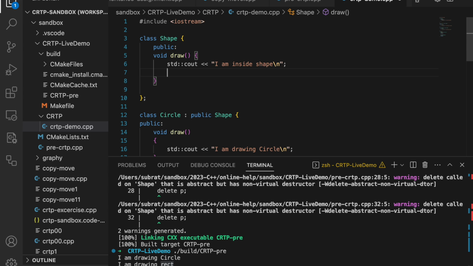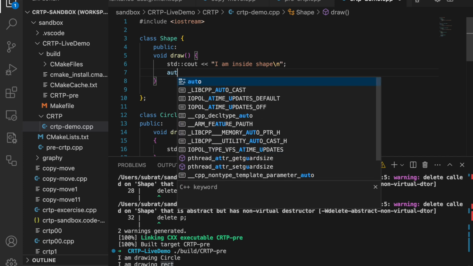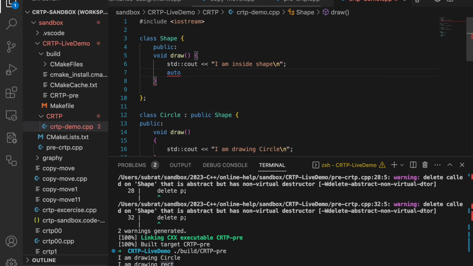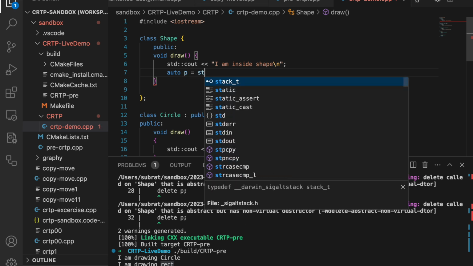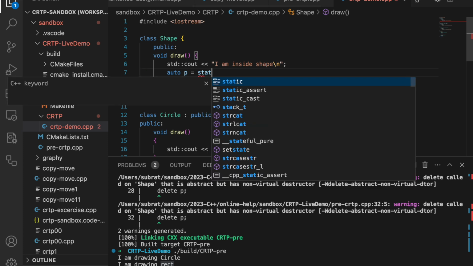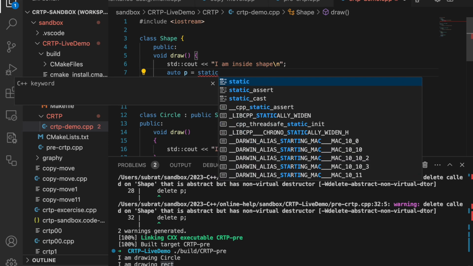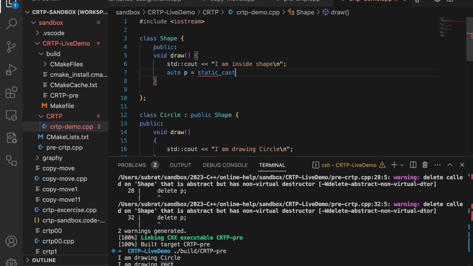Yes, there is. Let me use modern C++, and let's say pointer p equals simply a static_cast to what? And here definitely